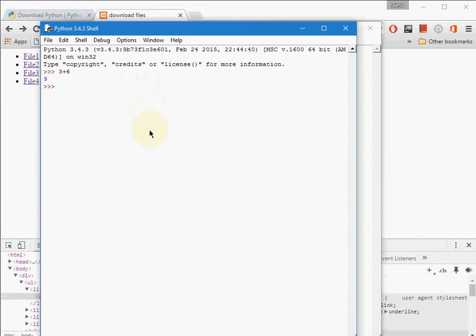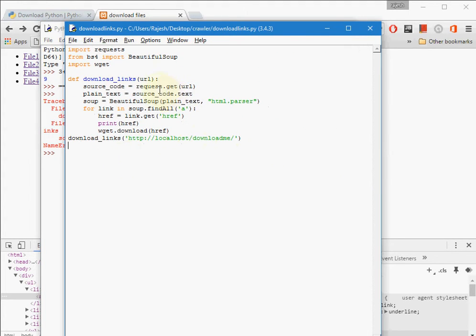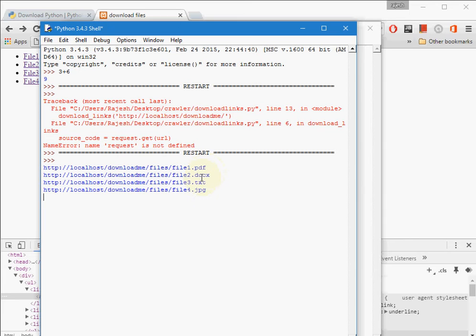So after running you can see here, there is some issue. Okay, it's requests, not request. I forgot to give the s after that. Okay, F5. Yes, you can see I found 4 links in that website, and all the links are downloaded here.